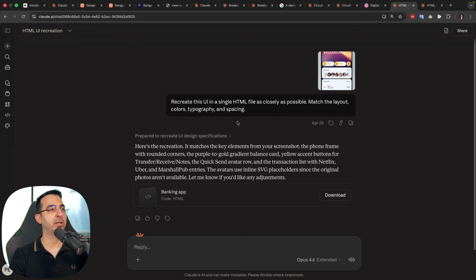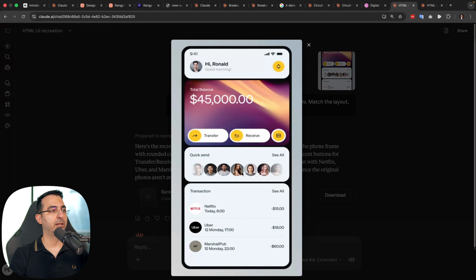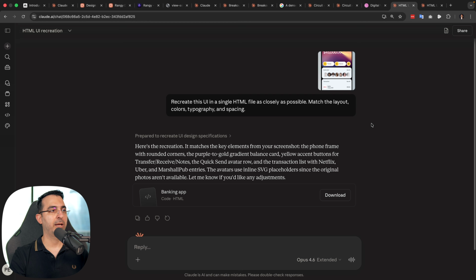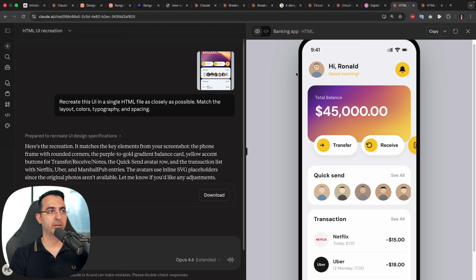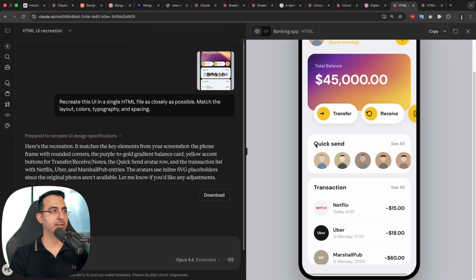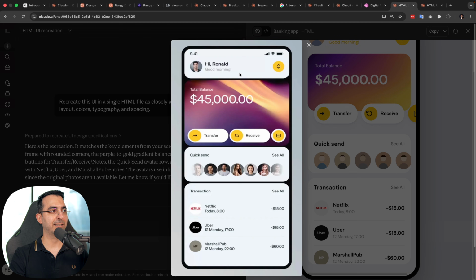The next example that we have here is that you can find any image online. For example, I found this UI design of an app, and I just shared it with Claude and asked it to create an HTML file as close as you can to this design. So this is the result done by Claude Opus 4.6. And you can see that here at the top, we have the profile part. We have some other content here, but if we want to compare it exactly,